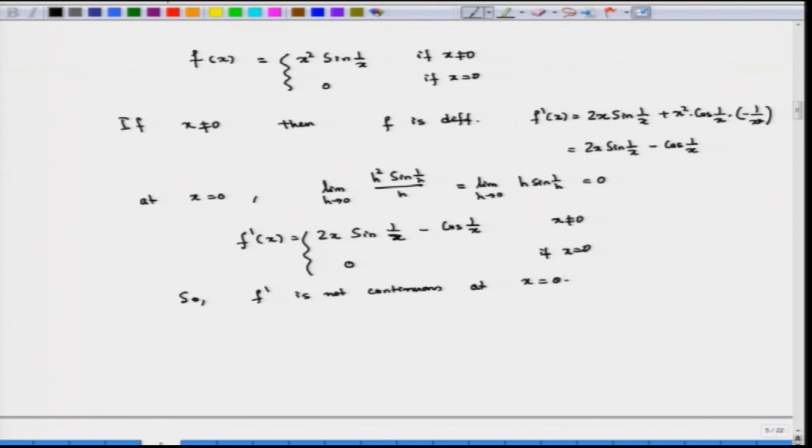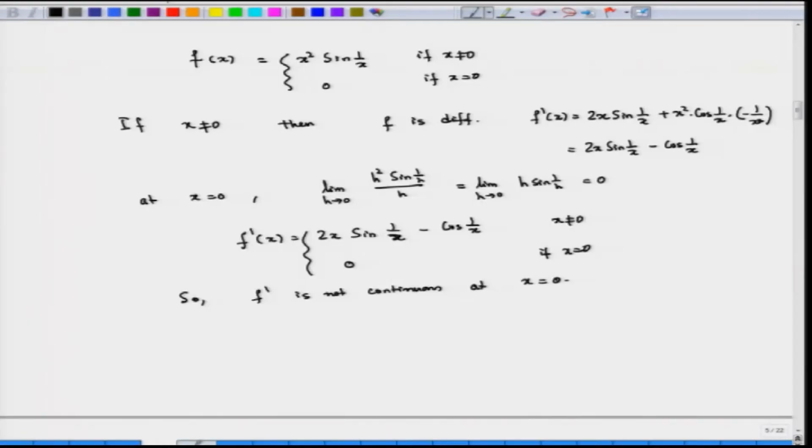One of the very interesting things about this sort of function, which I am not going to give you a proof of, is what we have seen: if f is a continuous function, then it satisfies the intermediate value property, but continuity is not a necessary condition to satisfy the intermediate value property.